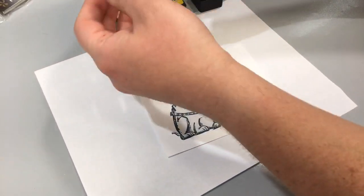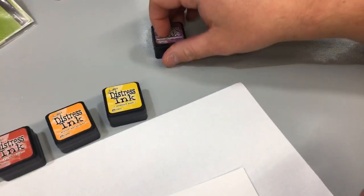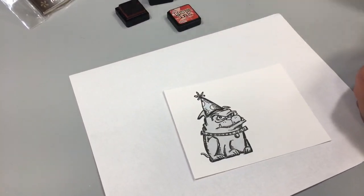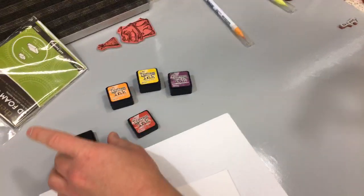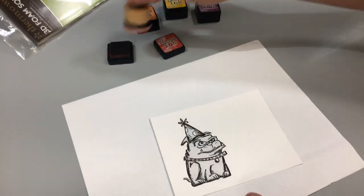So all of my inks on the below here have the foam under there, which is nice, so that way we don't have to worry about the colors too much. We're going to start with the red. We have an ink dauber. I'm just going to... Oh, that has a dog hair. We don't want dog hairs. Kind of hard when you have 4 golden retrievers. So once we pick it up, we're just gonna